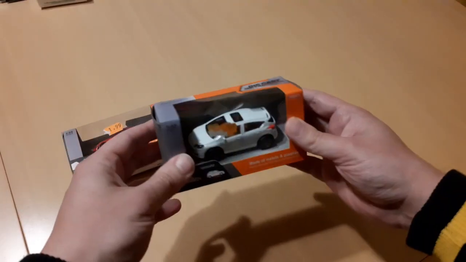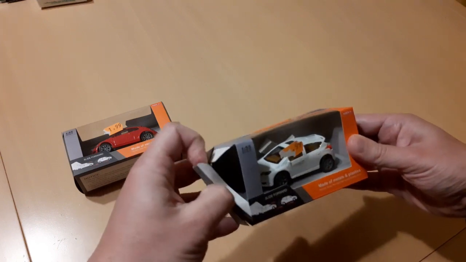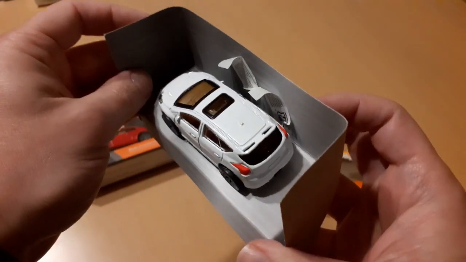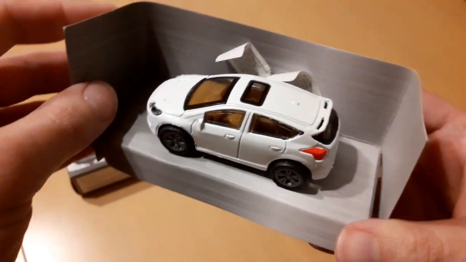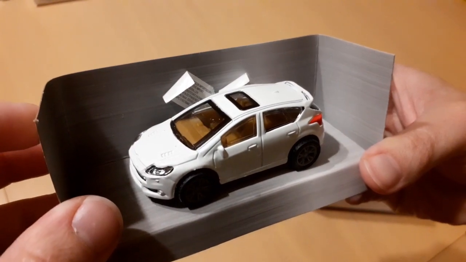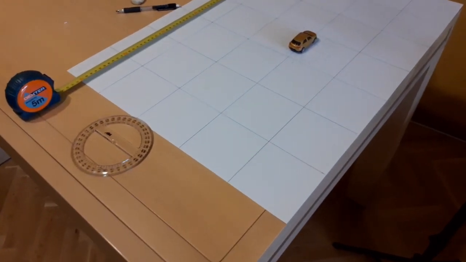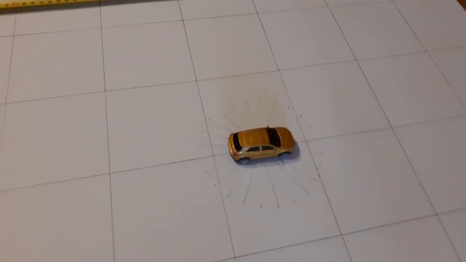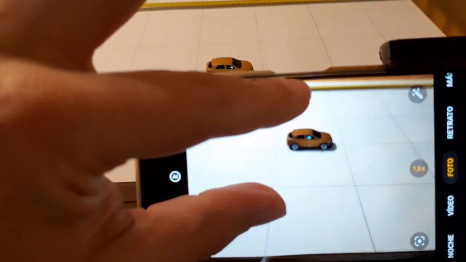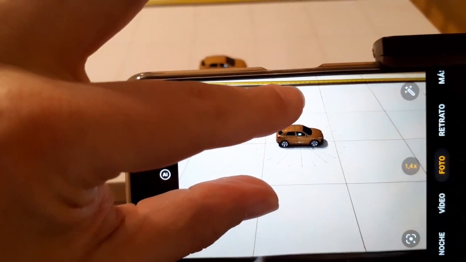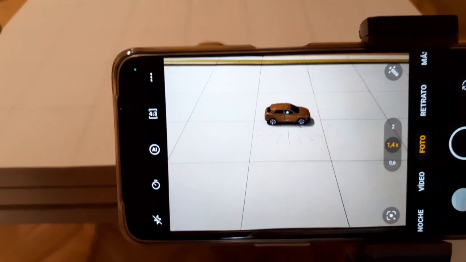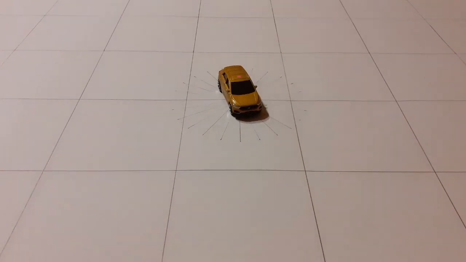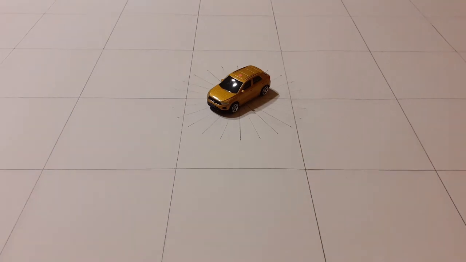I had the idea to buy a few toy cars to use as models. These are very cheap, easy to find, and they look well enough for the level of detail that we want. The first thing we need to do is to prepare a controlled setup for taking photos. We will use a grid to ensure that we get a perspective that matches the one we use in-game. Then we will take consecutive photos of each car rotating in 24 different angles.